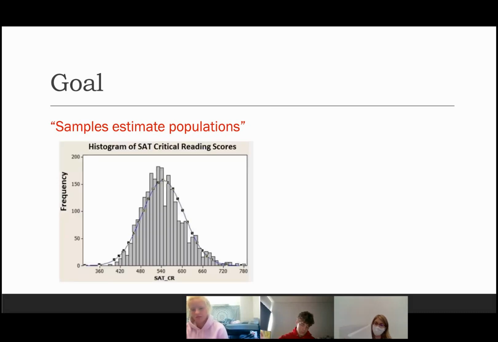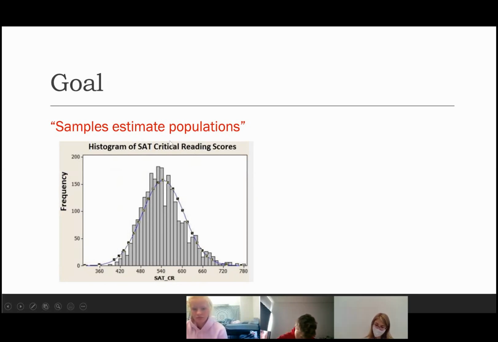But they also estimate populations in the sense that I'd like to know what the distribution of my values is in the population. In other words, a distribution, what does it tell me? It tells me the values my variable can take on. This is a plot of SAT critical reading scores.